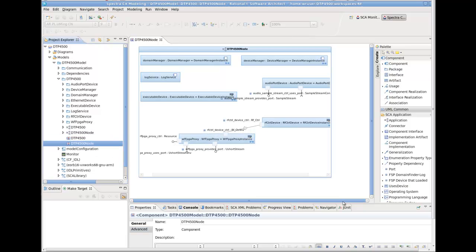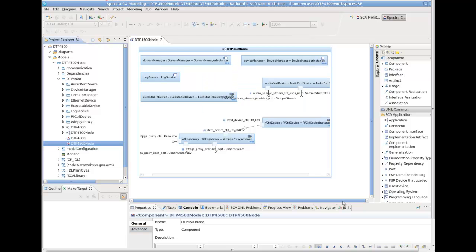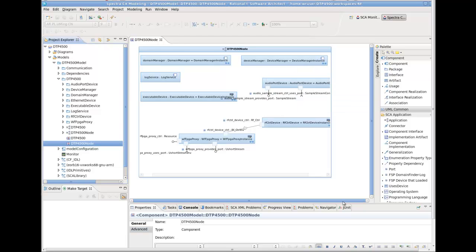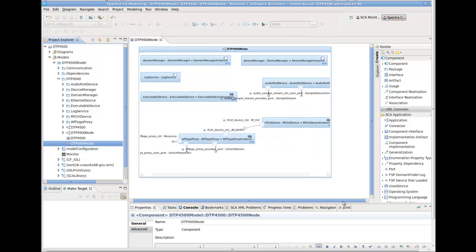In the assembly we have an instance of domain manager, so at runtime when we start up a device manager for this node, it will automatically run the domain manager. We have the standard log service here, and we have the device manager itself. We also have an executable device, which in this case is a standard binary executable device that we ship with our core framework. Since this is a binary that we have pre-built and shipped, we're not going to be